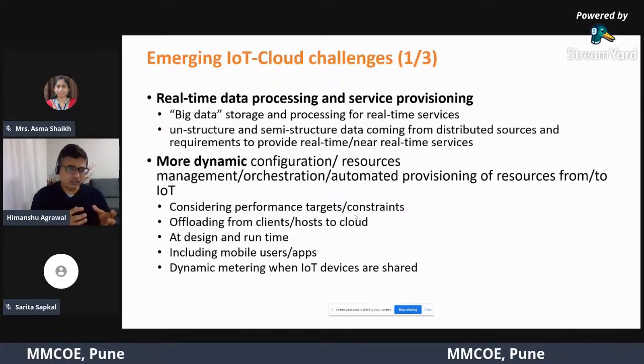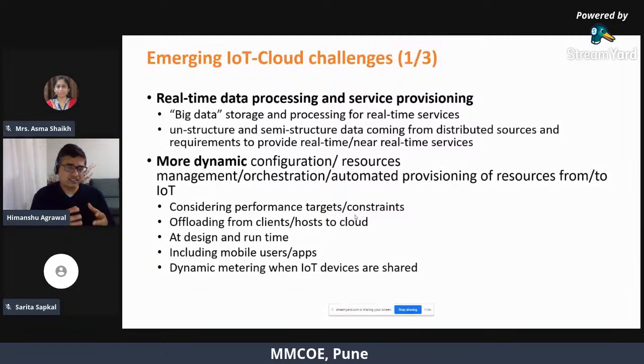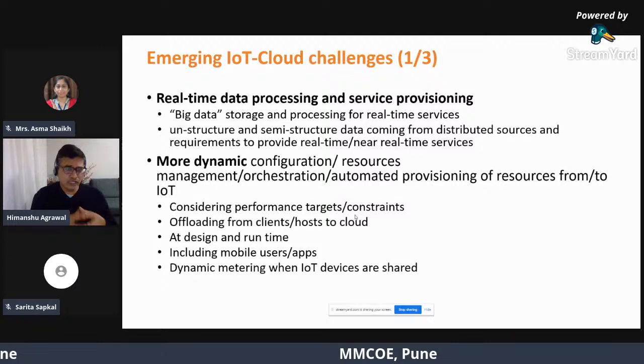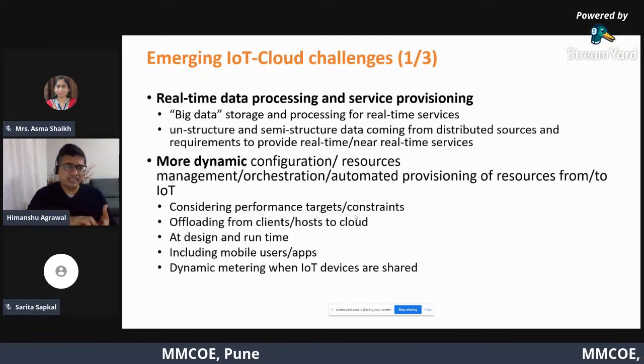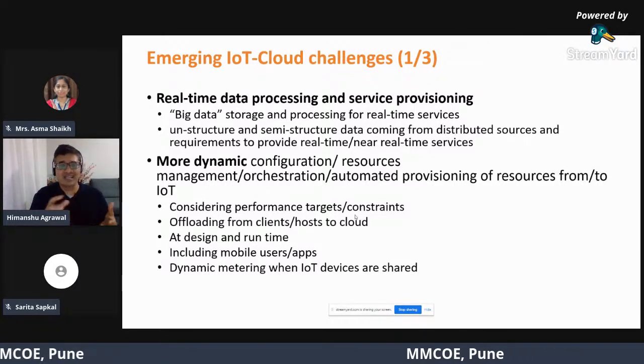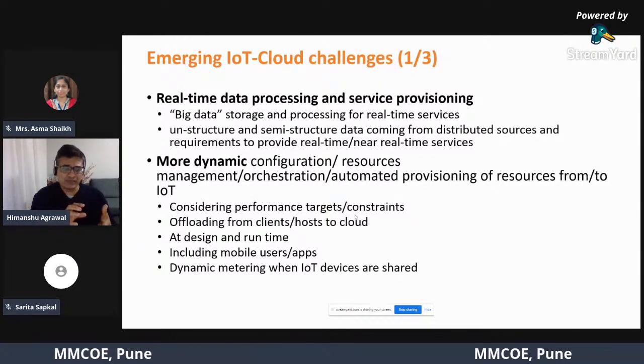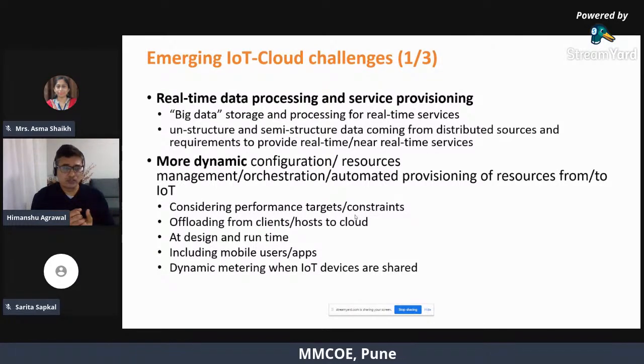Because when we talk about real-time data processing, it's pretty complex, right? So you need to have big data storage and processing for such real-time services. Real-time data actually has a real-time constraint, so that's why it is quite challenging. And when we take IoT and cloud together, this is one of those challenges which requires attention from both academia and